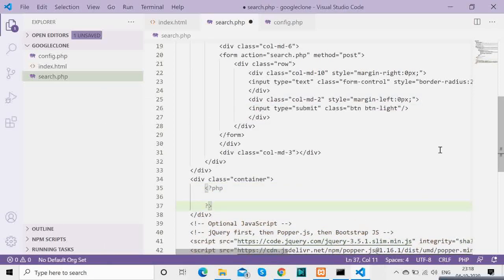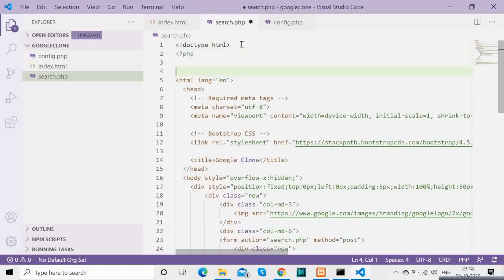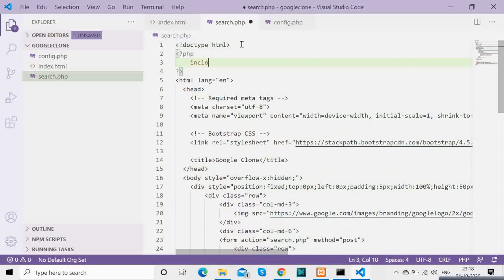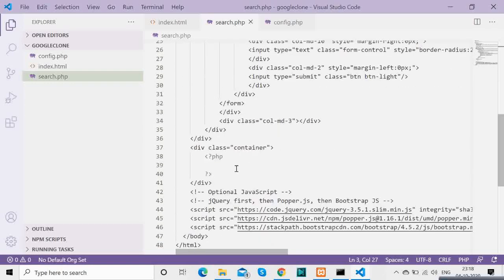We keep that in a separate file for security reasons, and we import that in using this include. If you see, this PHP actually doesn't render in the DOM. If you right click and view page source, you will just get the HTML. In that way you don't leak the logic to the users. That's why it's a server side language.